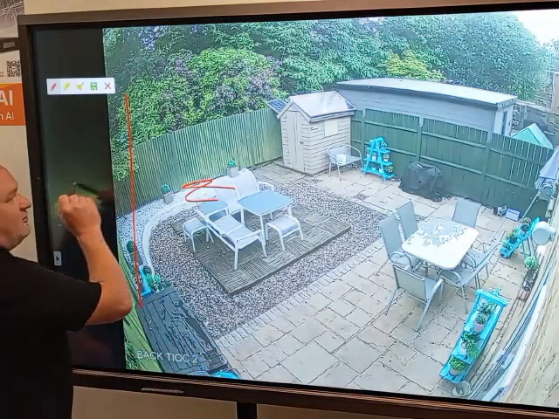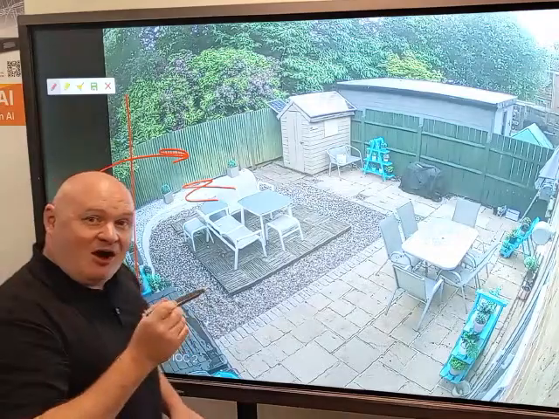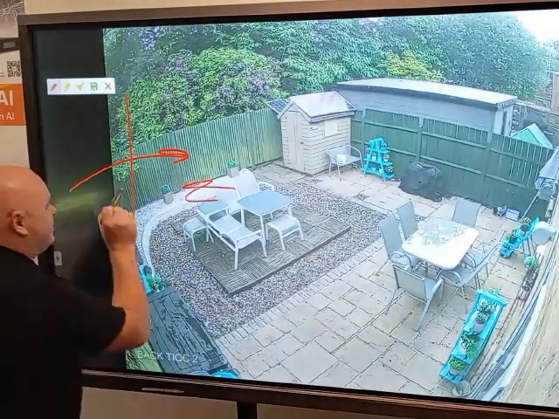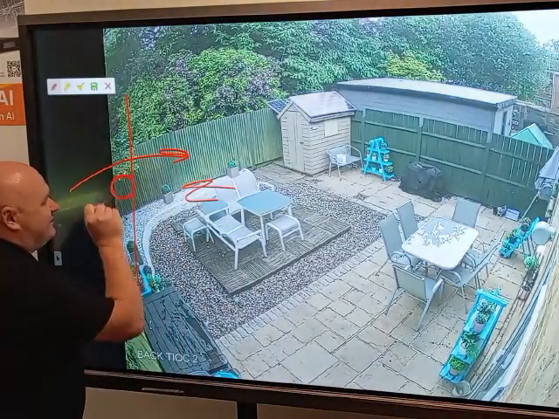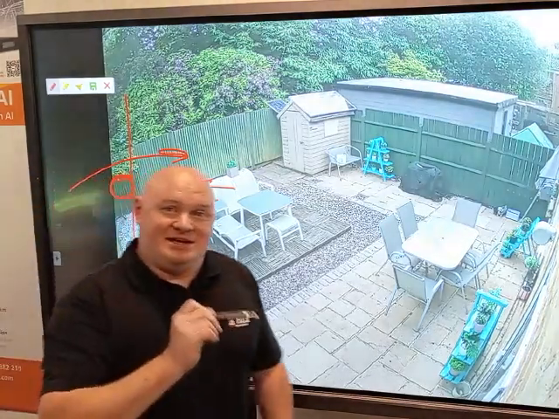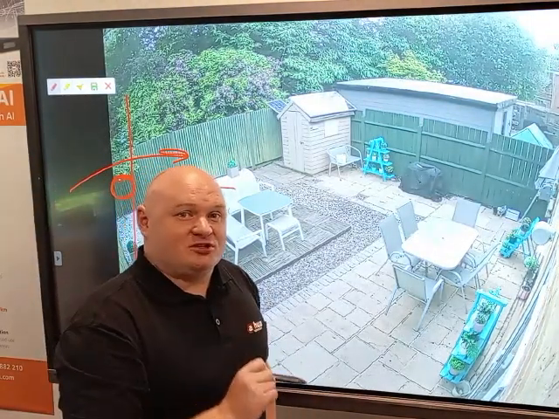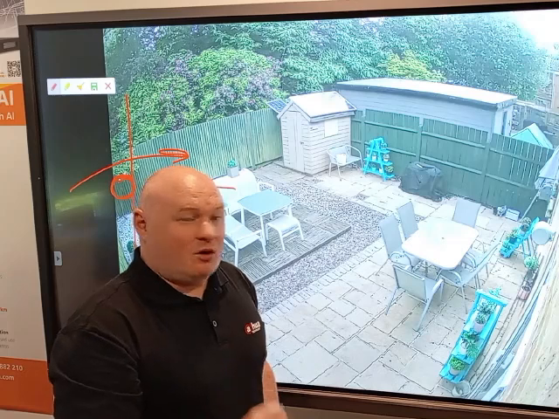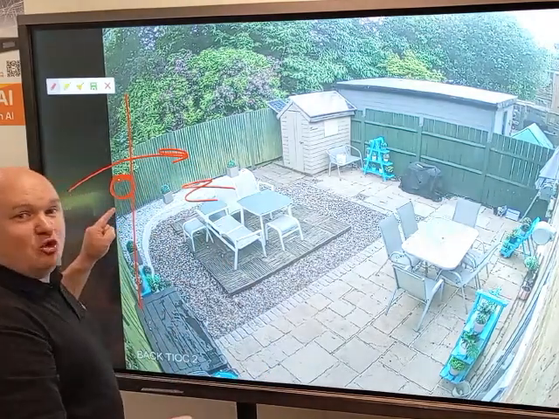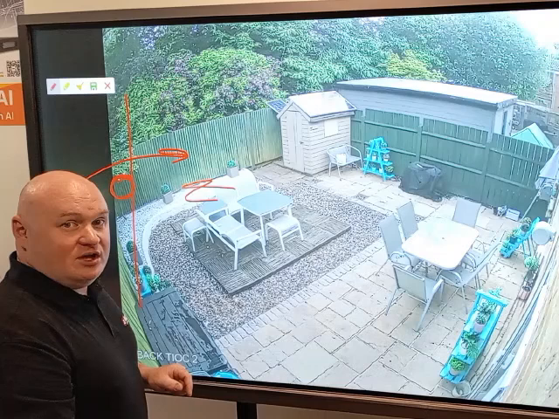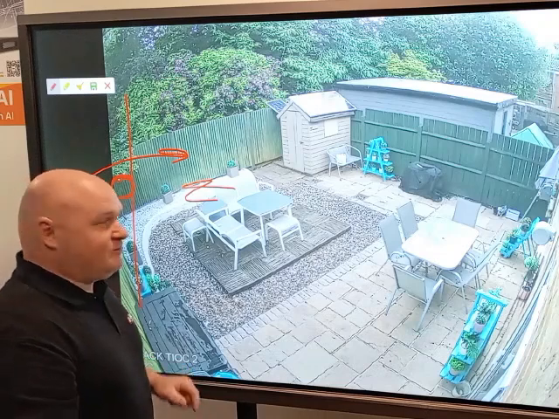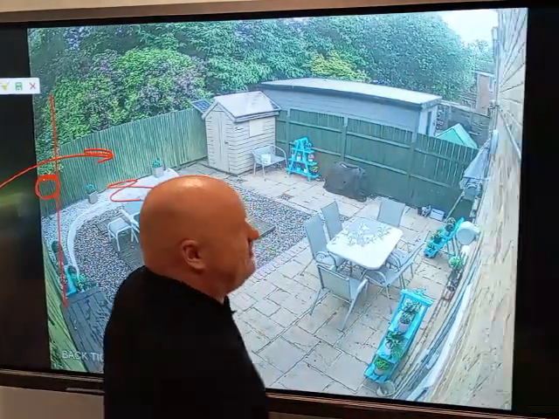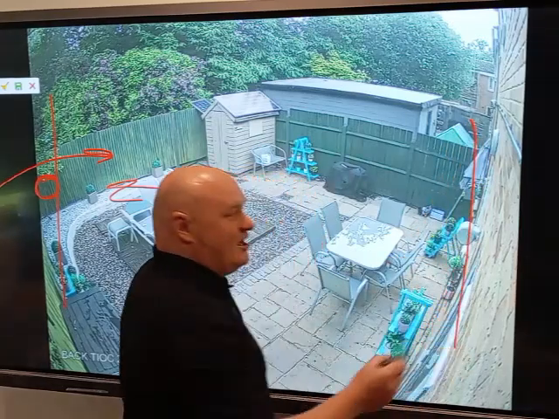If I come in from this side, the AI algorithm only has this gap here to assess, is that a human that has just entered and crossed the line? Well, that's some very short notice. So maybe that might not work. The edge of the field of view is also an obstacle.